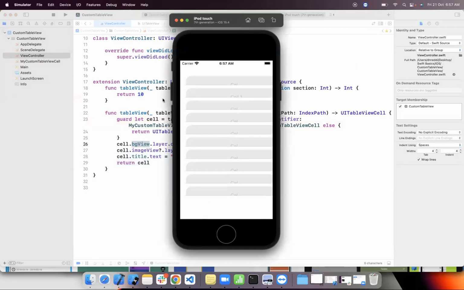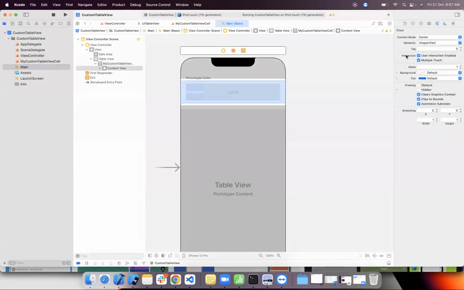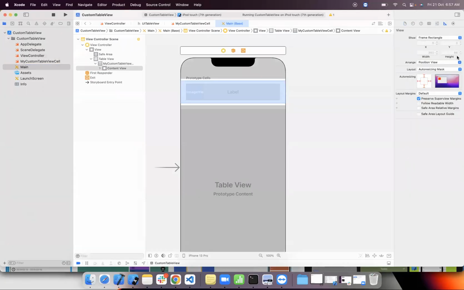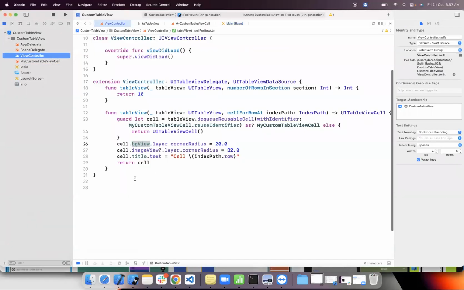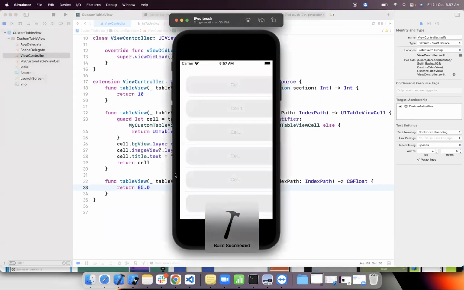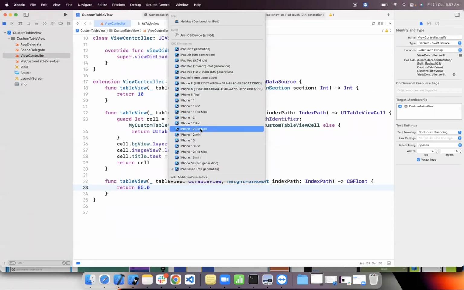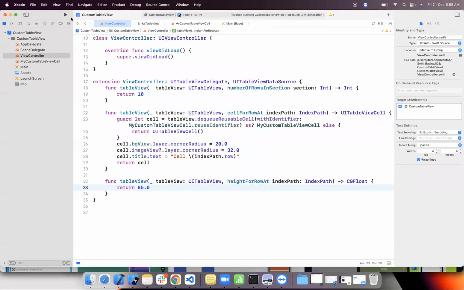And by default, the height is lesser. Let me take the height, whatever height we have here. What is the height of this? Height is 85. Let's pass the 85. Height for row at indexPath 85.0. We are running it on iPhone 13. For iPhone 13, we have designed